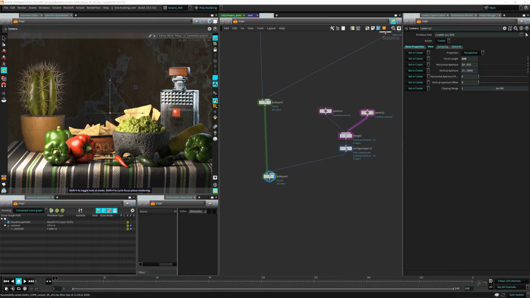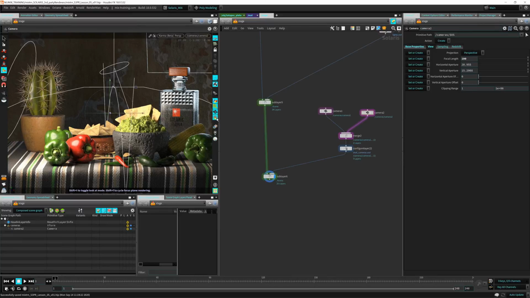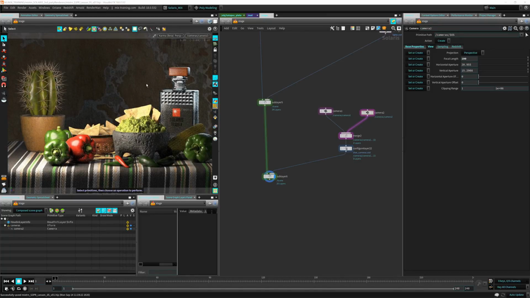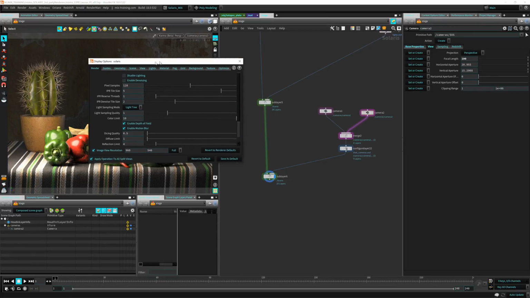So also you can choose what to display here on the viewport. I'm not sure if I mentioned that before. And sometimes the viewport just goes crazy. I'm just going to change cameras. So to change the settings of this render, just press the letter D, and you can see now we have this